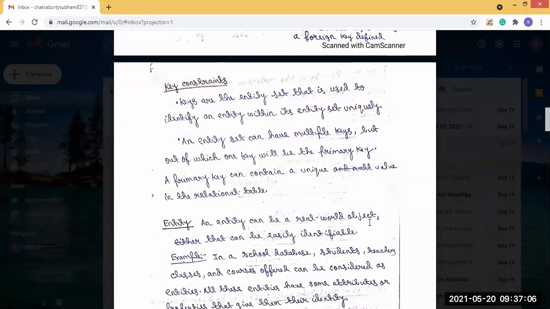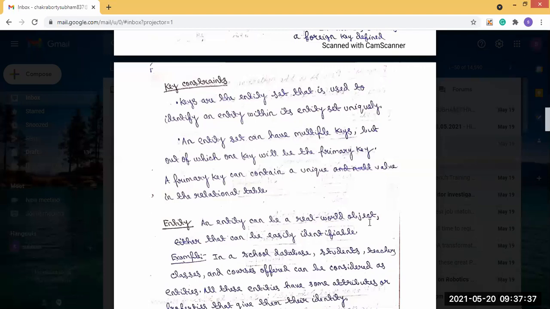Now, if we consider a school database or a college database, how many entities are present in a school? In school there is a student. The student is a real world object, so a student can be an entity.